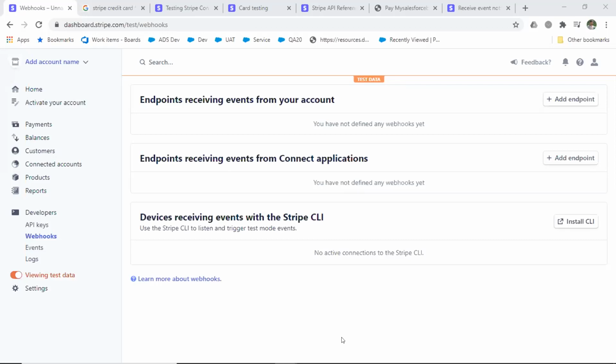In terms of architecture and design, we need to check the feasibility of how we have to capture the events happening in Stripe in Salesforce. We have come to know that we have an option, but here we need to check how we can design that endpoint and how we have to authenticate it.